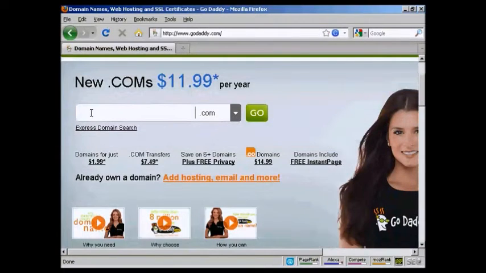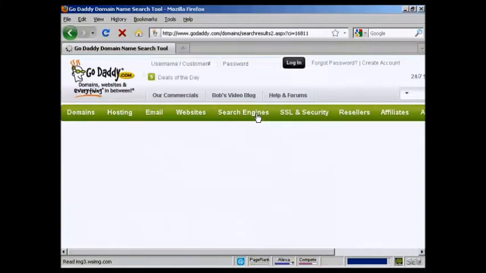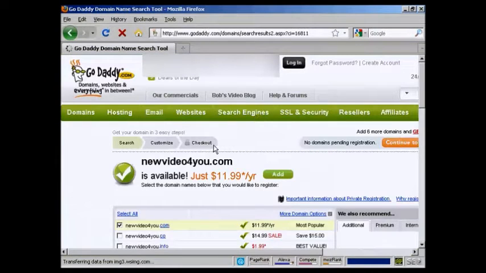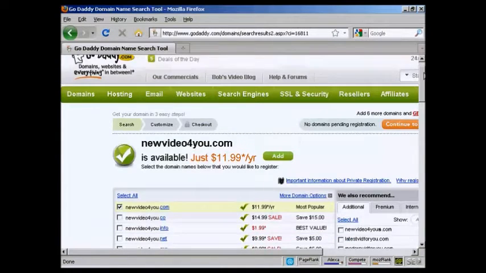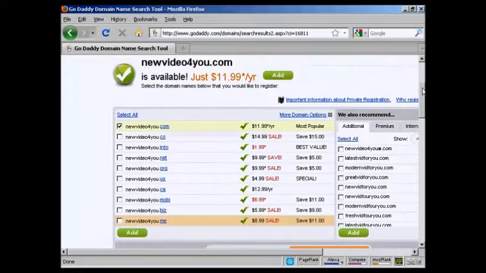And the first thing to do is to enter the domain name that you're thinking about registering to make sure that it's still available. So let's try this one: newvideoforyou.com, and click on go. And it says here newvideoforyou.com is available, and it also shows you all the other ones that you can have, .co, .info, .net, etc.,